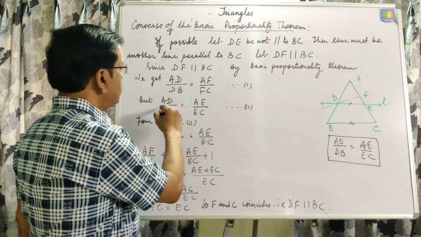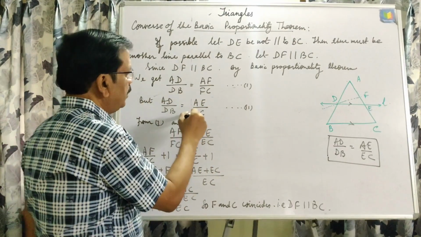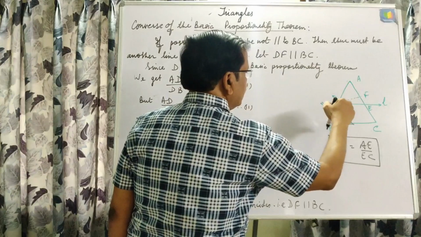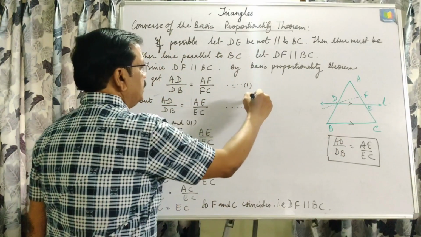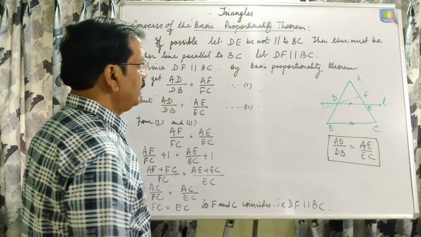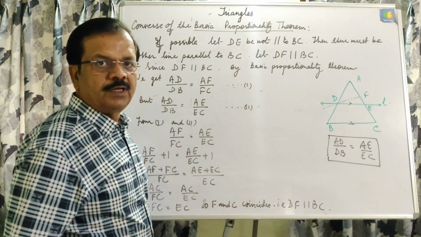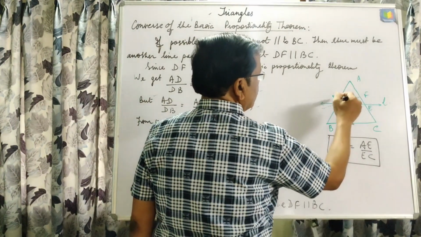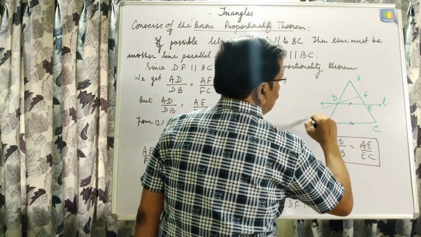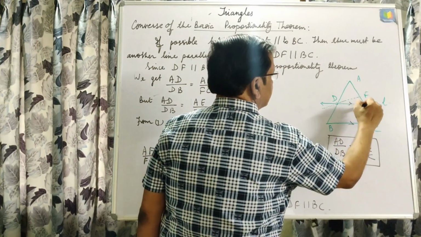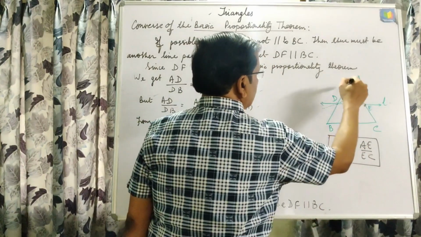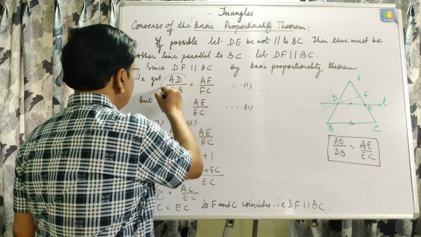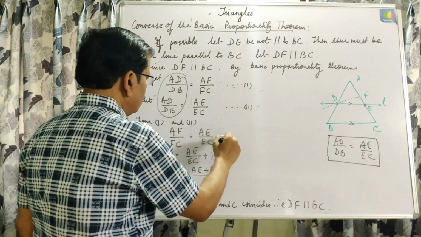Okay, and in the same way we are given that AD upon DB is equal to AE upon EC. It means left hand side AD upon DB in both the equations is equal. First one with the help of basic proportionality theorem, that is if we draw any line from a point of a side which is parallel to the third side, then AD upon DB is equal to AE upon EC. And in this way left hand side equal, so right hand side will also be equal.